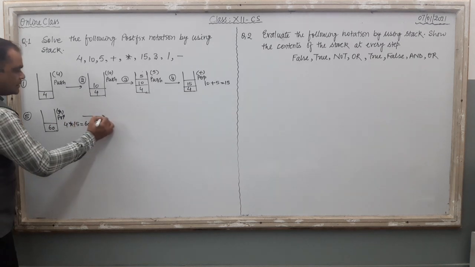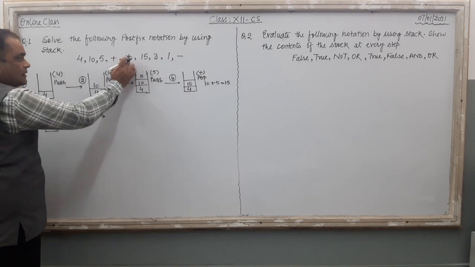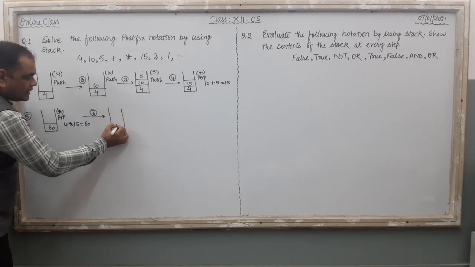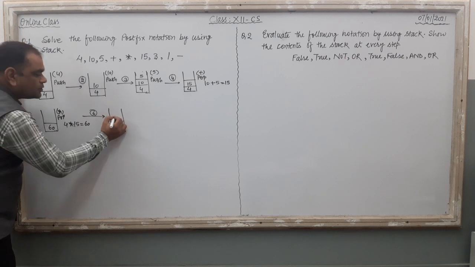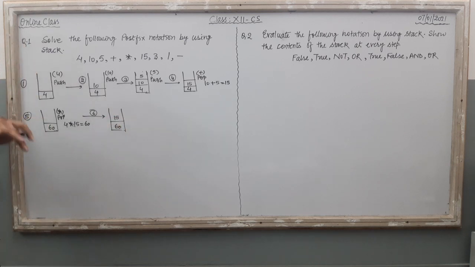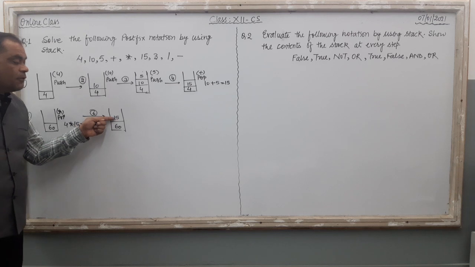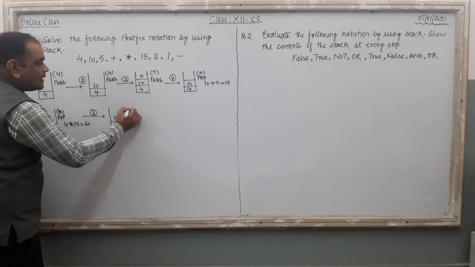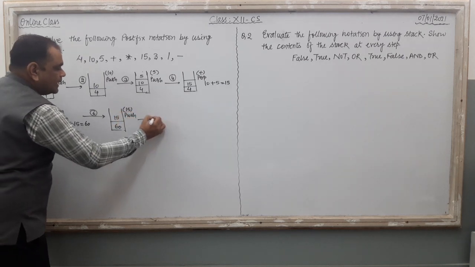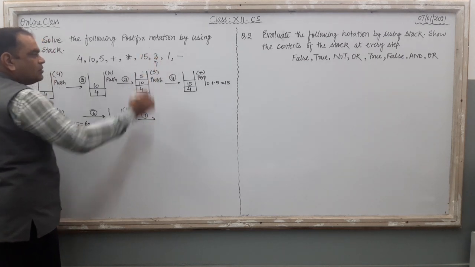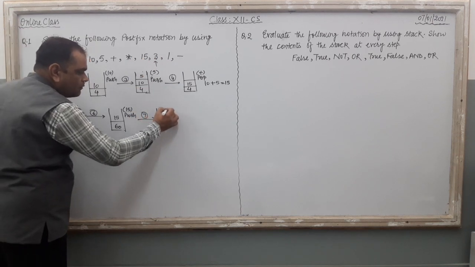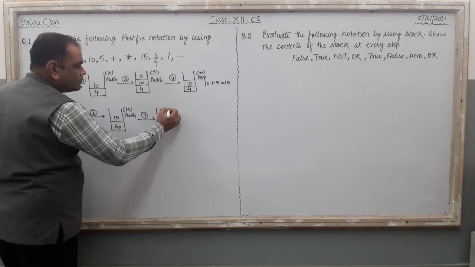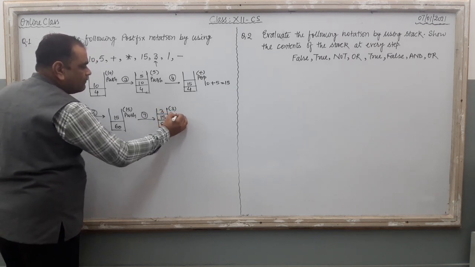Now what is there in the sixth step? Just check it out. Here, after this multiplication, 15 is there, meaning 60 is already available in the stack. You have to push 15 into the stack, and the position of the 15 is at the top of the 60 value. Right? And here write 15 and write push. Then the seventh step is 3. Again an operand. Operand means you have to push the operand into the stack, and then the stack looks like this one. Here it is 3, and then we just use push.